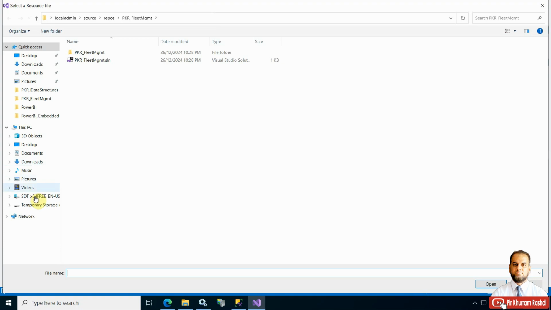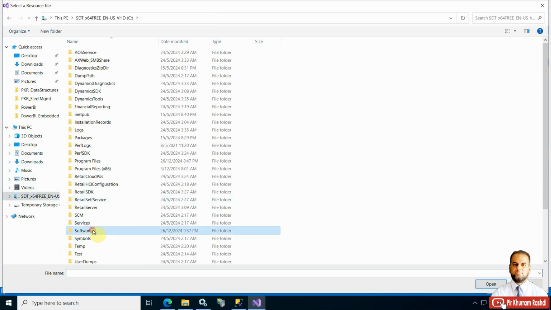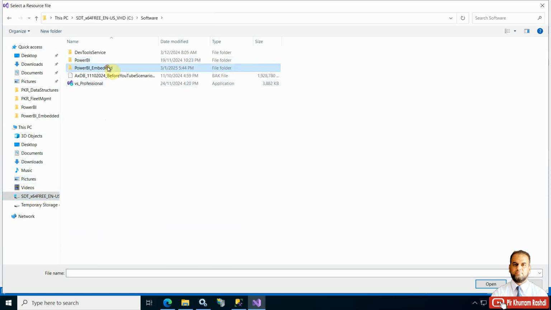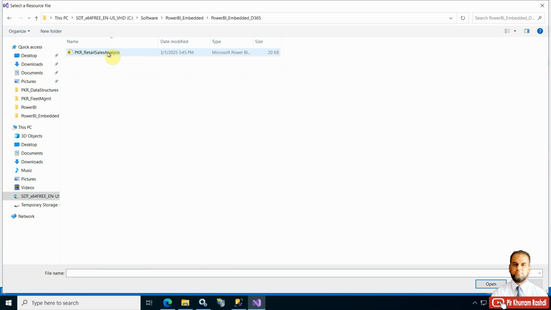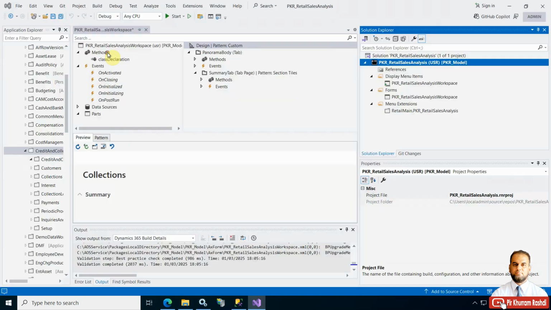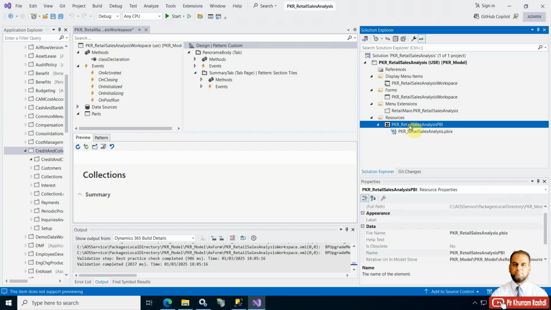And now it is giving me the option to select from the file browser the actual PBIX file which we have created in the previous steps. So this is now our resource in which we have selected our Power BI file. So the next step what we'll need to do is,